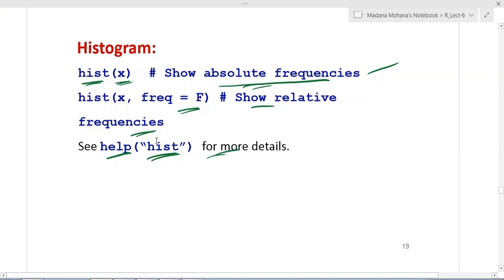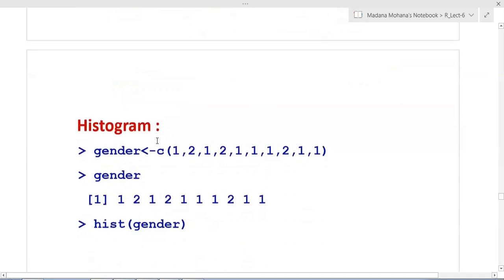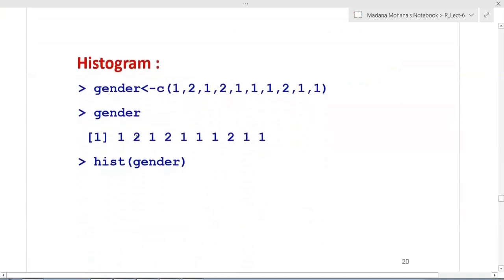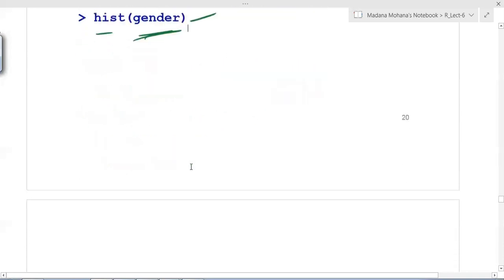Now for the same gender vector that we created earlier, gender equal to C of the 10 observations with the male and female categories, simply use the command HIST of gender without absolute or relative frequency. Directly you can apply it; even for any numerical data it creates a histogram.